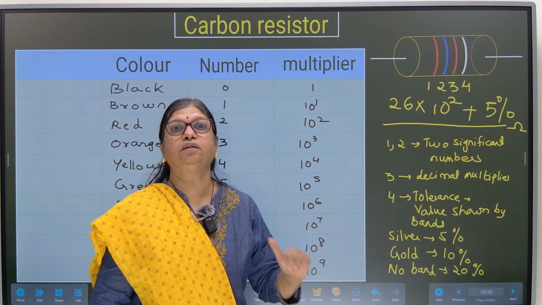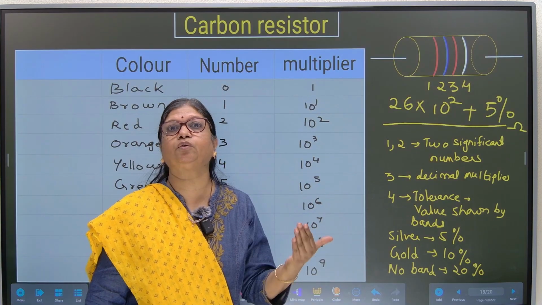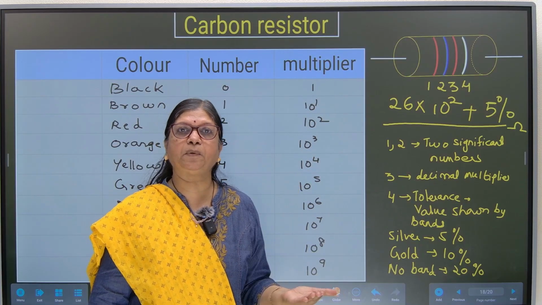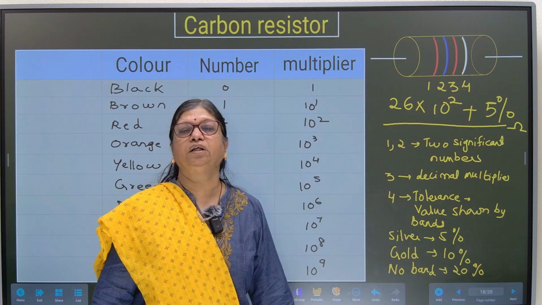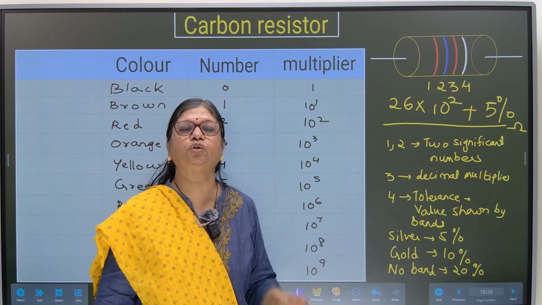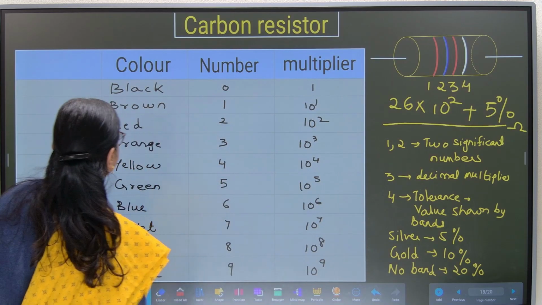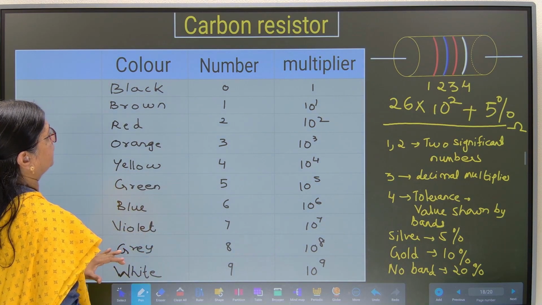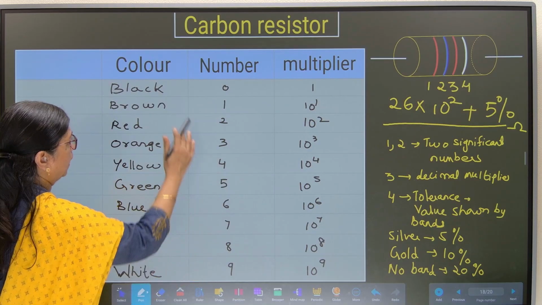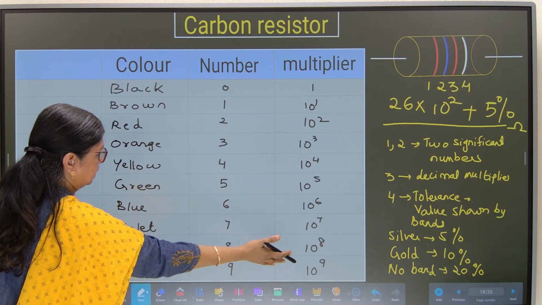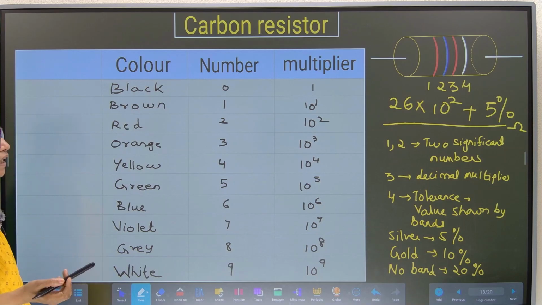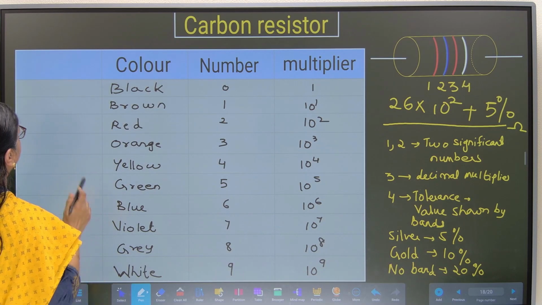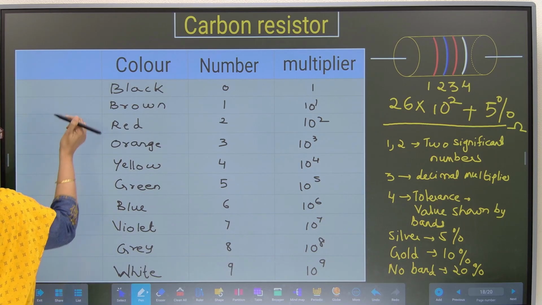Okay, keep watching. I will tell you a trick to remember these numbers with the colors. And on the next page, some more examples of such resistors will be calculated using the color codes. Fine. Now, coming to the trick, we may not remember the colors and their numbers. Once we know the numbers, the multipliers are easier. So there is one funny or different slogan for remembering these colors. Okay, so let us write that slogan.